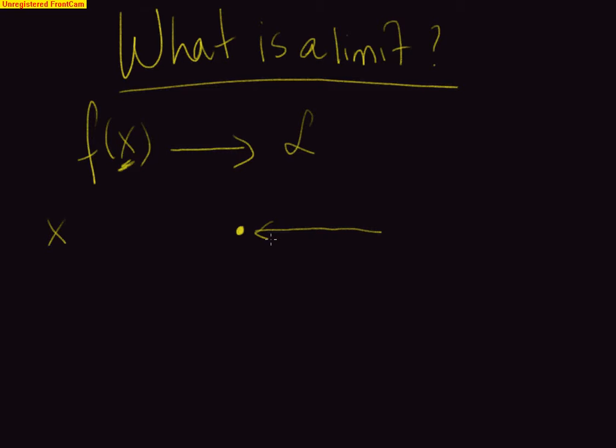We take into consideration that we're approaching this value from both sides. As this value gets nearer and nearer to this, which is the value that x is trying to get to, the function on the other end is really approaching the same value in this way, approaching that value, which is the limit of the function. So we can say, in basic terms, regardless of whether you know about mathematics or not, as one thing approaches,